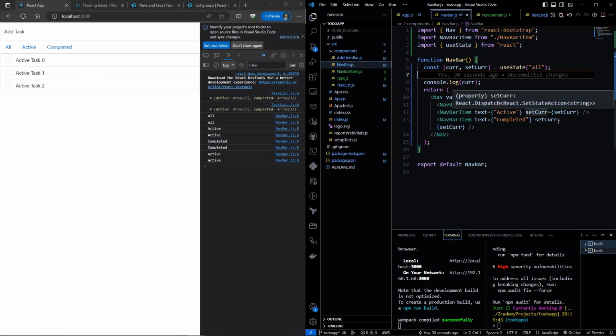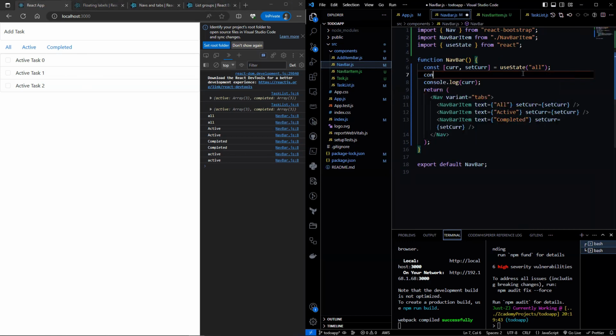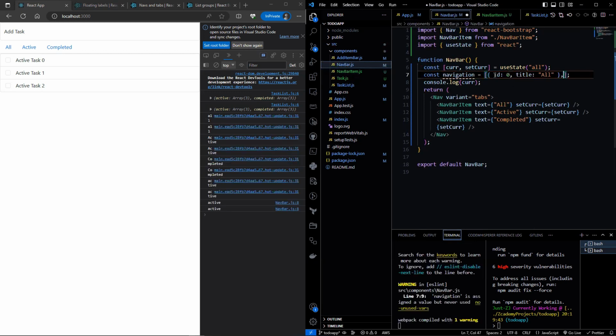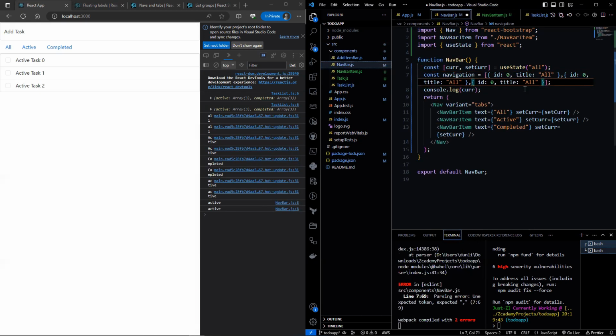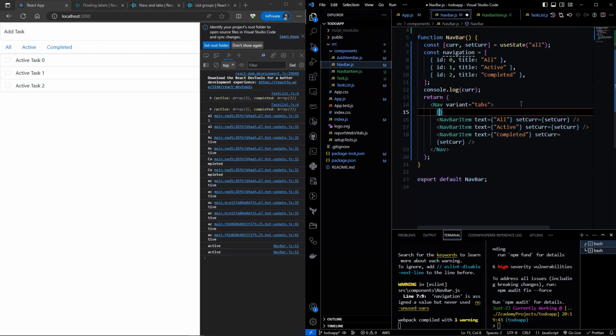Also, do you notice that there has been a lot of repetition here? We can create an object called navigation and loop through this object, with an ID and a title on all. So let's loop through navigation to create the nav bars.